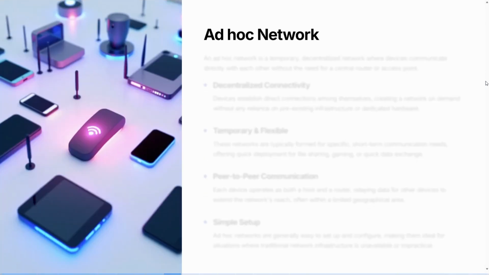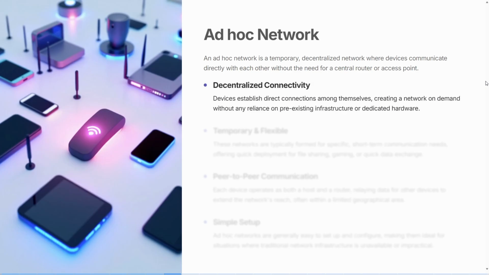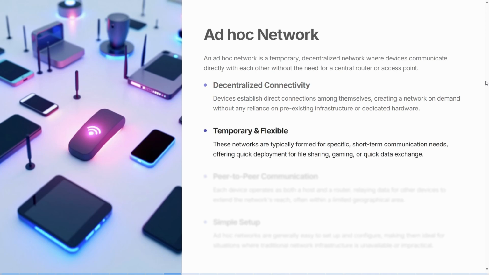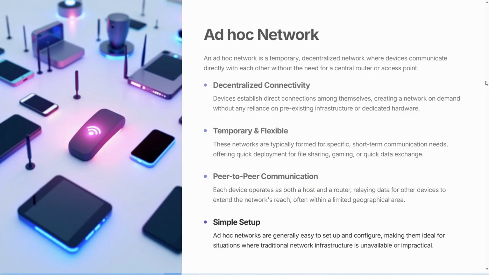The other options there, one of them was an ad hoc network. Now, this is like a really simple version of a network. Basically, it is where you're doing a temporary, decentralized connection. And that might sound similar. Here's the key differences. One, it's very temporary, unlike a mesh network. It is decentralized, which is similar, but really an ad hoc network, you're looking at direct peer-to-peer communication, which essentially